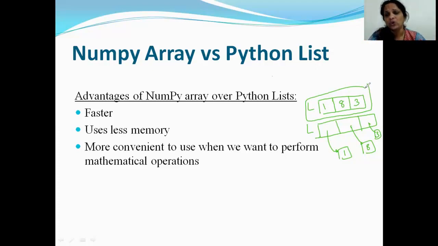And then I have written there that it's more convenient. I just told you that if it's an array, you say the array multiplied by 5 and all the elements get multiplied by 5 and you get an answer. But if you want to multiply all the elements of a list by 5, you will have to traverse through each of those elements. Traversing we have learned in the list chapter, right? You'll have to traverse through each and every element of the list and multiply them by 5. So that's the major difference between an array and a list.